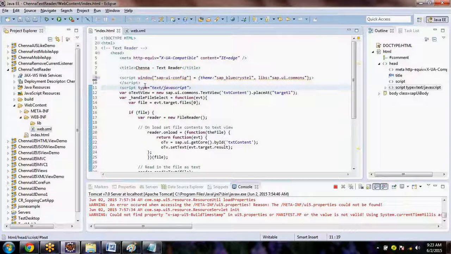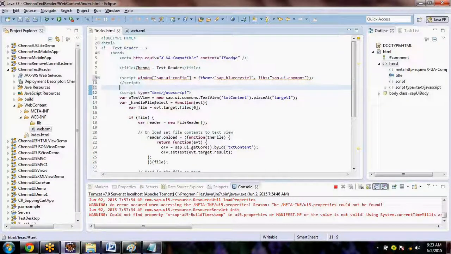Generally we will not use this global configuration because it's going to take some memory. I don't know when exactly you can use it. I don't see any scenario where it is useful. But if at all you want to have someone make some nice script,